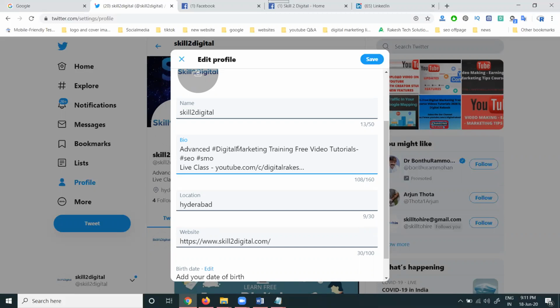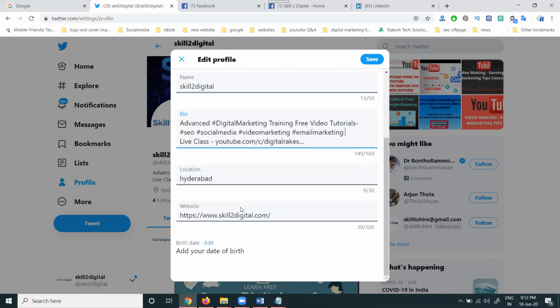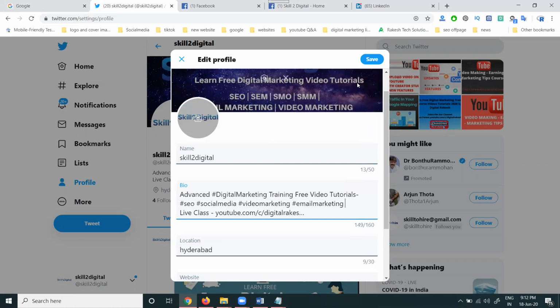So that is most important for your particular option here. So just add this option. Add your website, everything will be ready. So yeah, just save it.